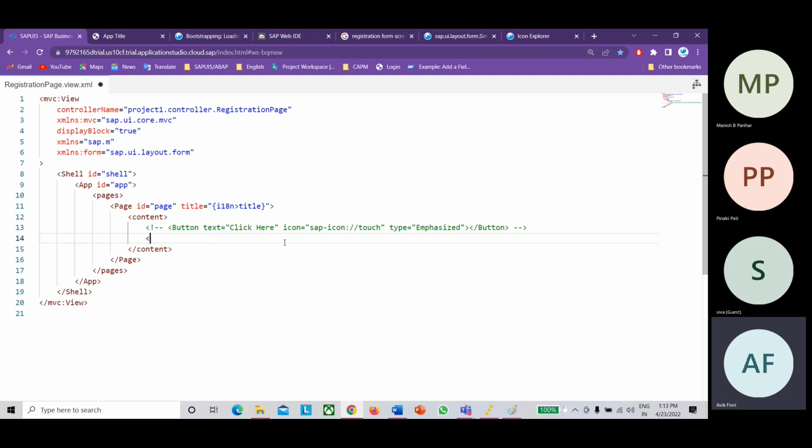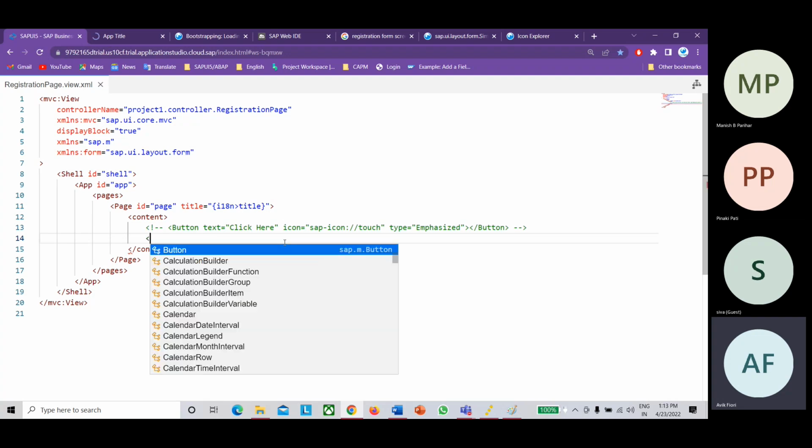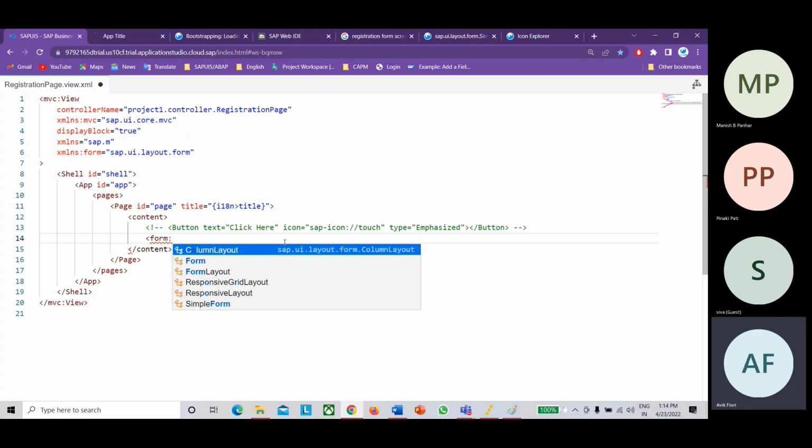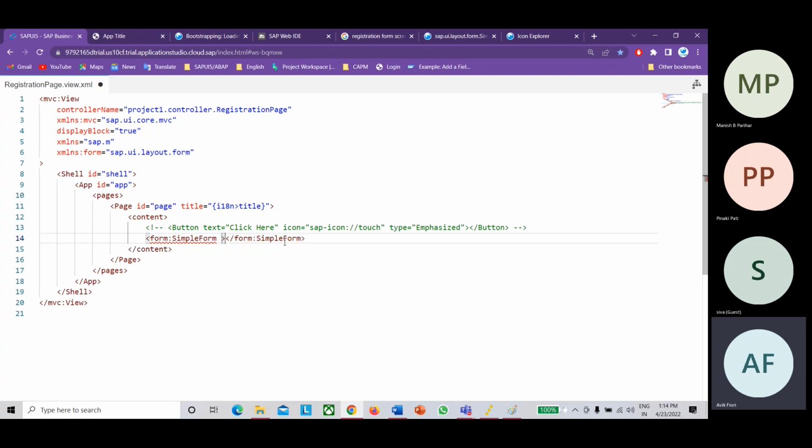Okay, then I'm writing simple form. For simple form, if you see, I have to prefix the form alias name, right? form colon. Now if I write SimpleForm, see, automatically it's coming as SimpleForm now. Okay, so now inside this simple form,